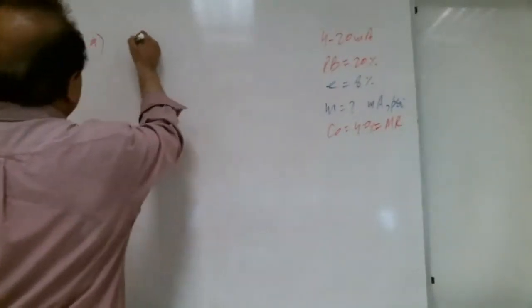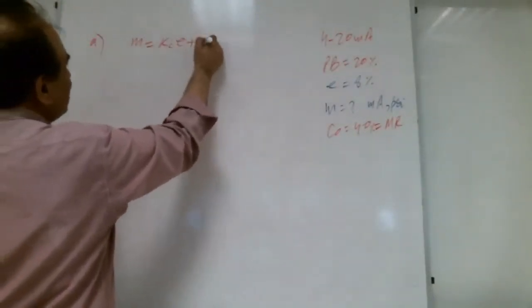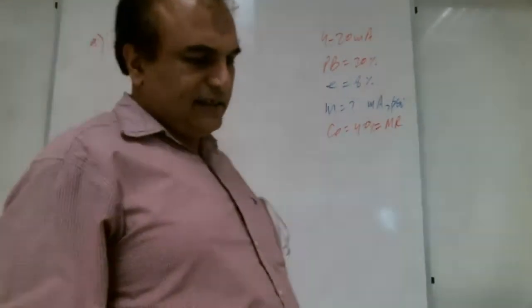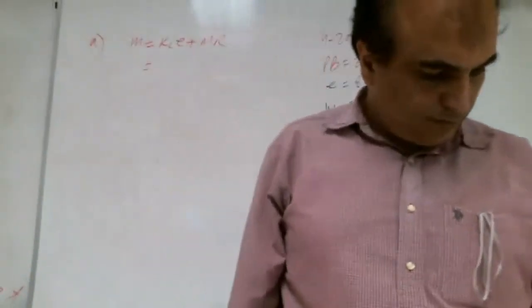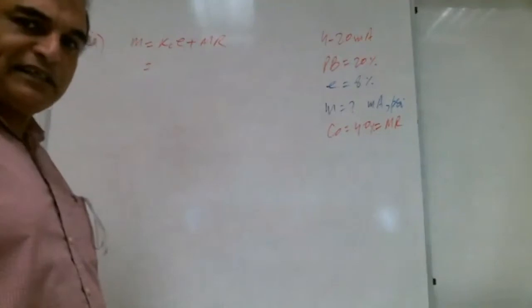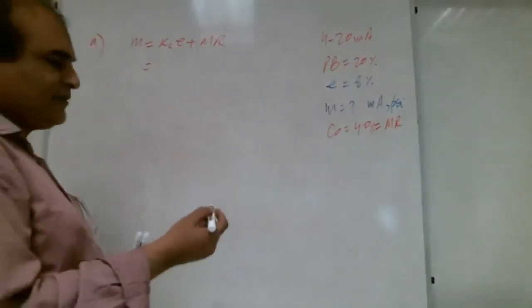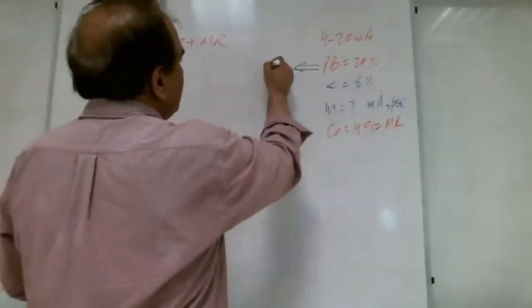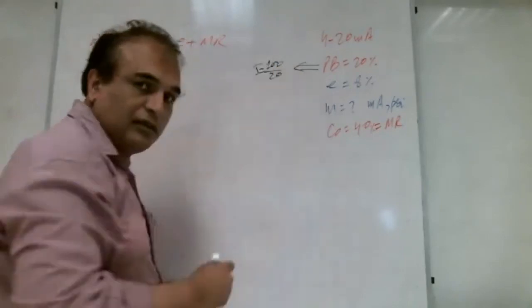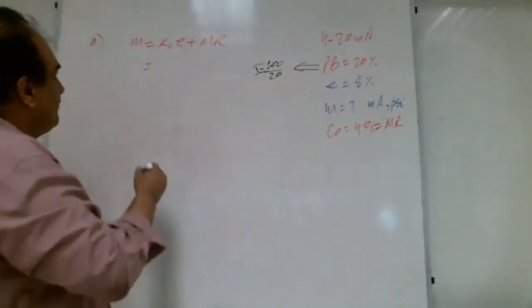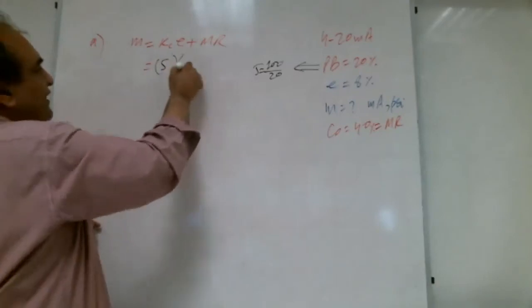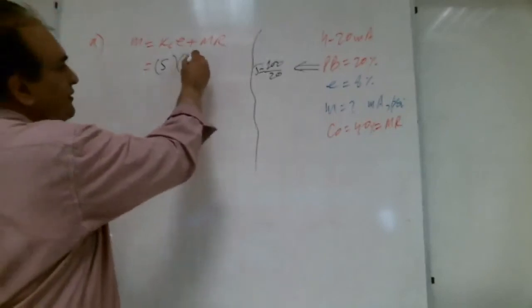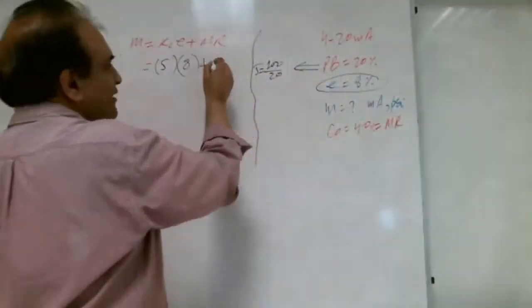Okay, Shabab. Output of the controller is what? KCE plus MR. What is KCE here, Shabab? From proportional band, how much is KCE? That's good. A lot of brothers are writing 5. Very good, 5 is the KCE. How much error? Error is 8, it is given here. How much MR? 40.